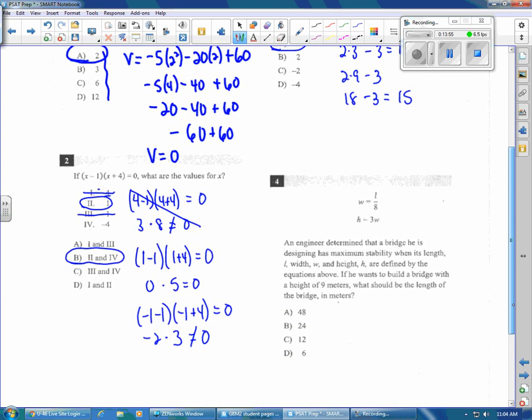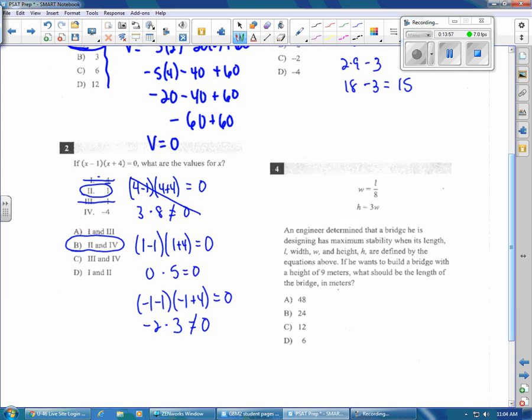Next one says, an engineer determined that a bridge he is designing has a maximum stability when its length L, width W, and height H are defined by the equations above. If he wants to build a bridge with a height of 9 meters, what should the length of the bridge be in meters? So if our height is 9,